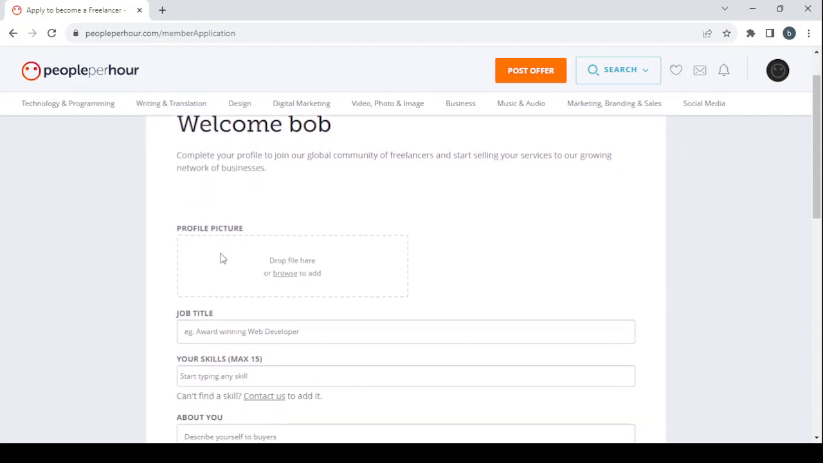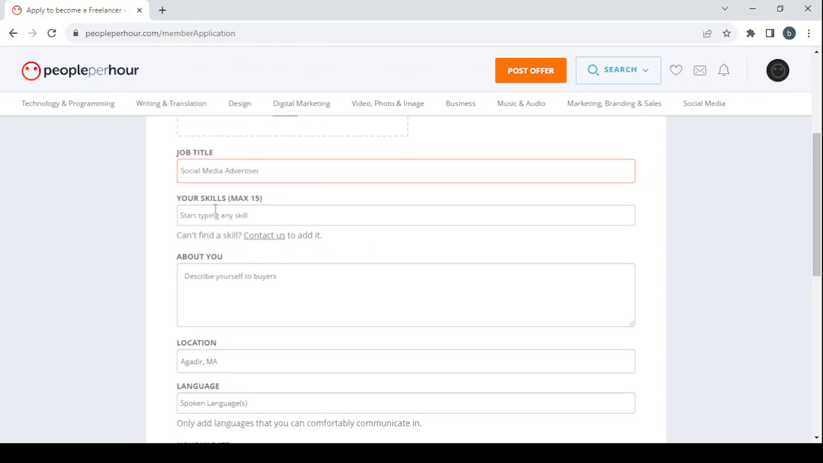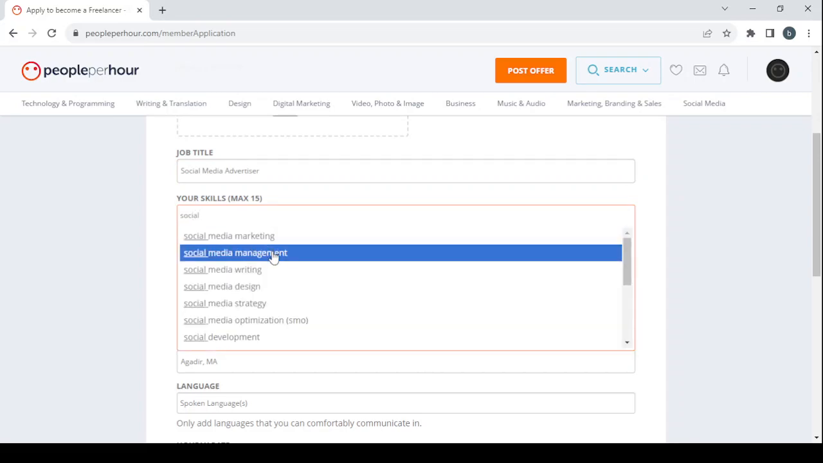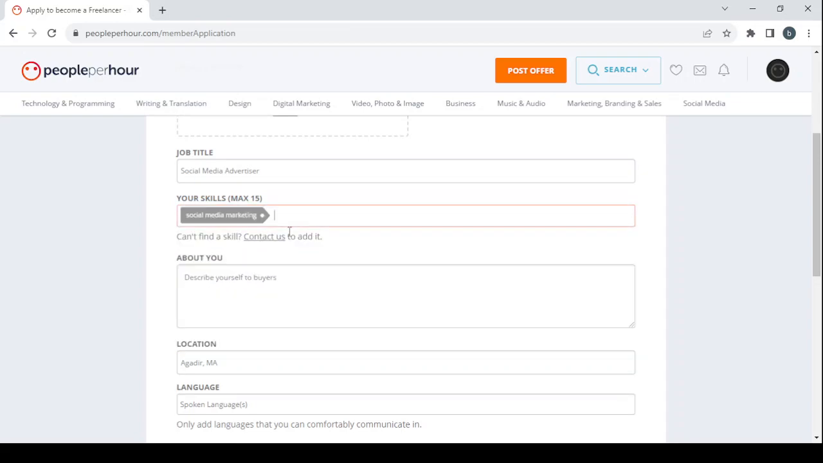So here, drop a profile picture, your own profile picture, then your job title, for example, award-winning web developer. So let's go with social media advertiser. Then you enter your skills, and the maximum amount of skills that you can enter is 15. So make sure to use these spots wisely. So let's start with social media. So here we have social media marketing, management, strategy. Let's start with social media marketing,